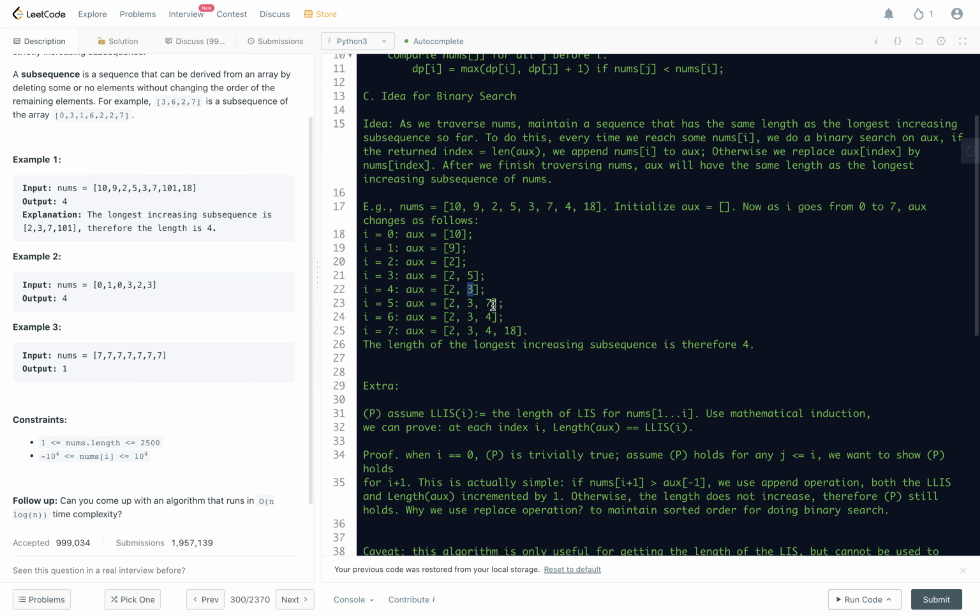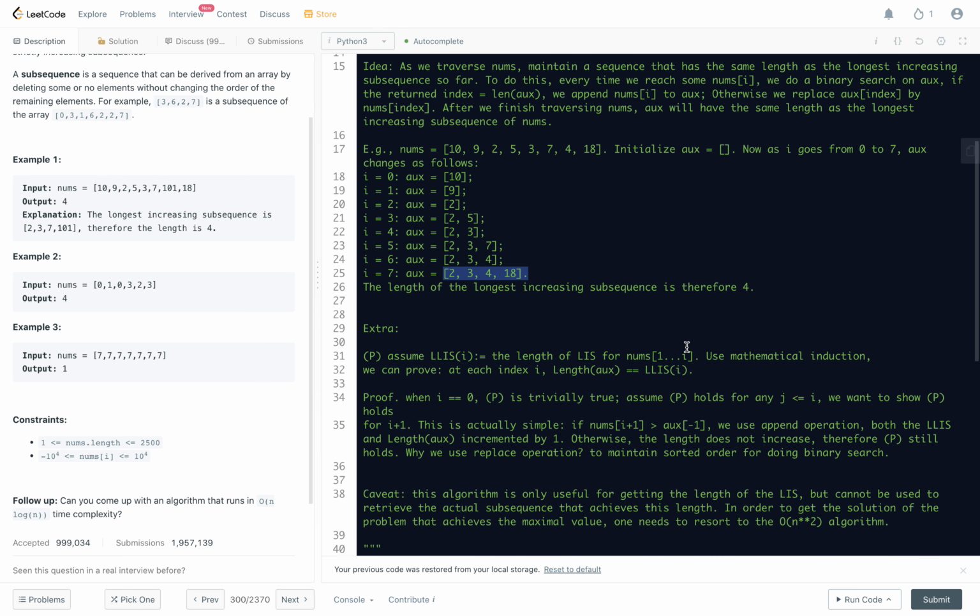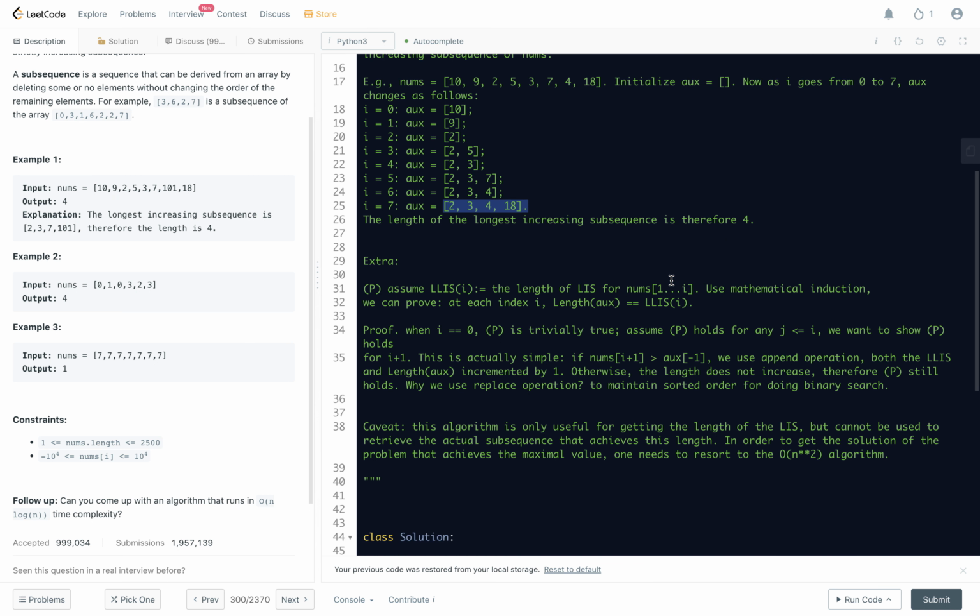We get 2, 3, 7. And if we look at 4, this 4 does not increase the length, so we replace 7 by 4. If we look at 18, 18 is larger than 4, so we append. Overall, the final state of aux has length 4. Therefore, the length of the longest increasing subsequence is 4. So that's a walkthrough, and up to now we can write the code, but here is some extra thing